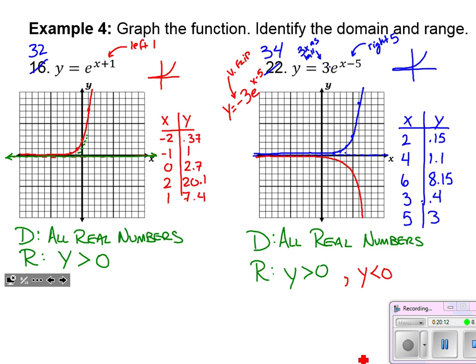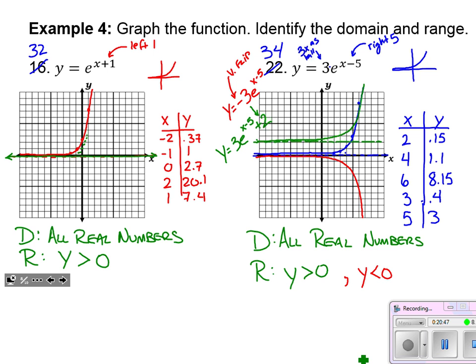We now have all of these heights that are underneath, all the heights that are less than the height of the asymptote. Let's do another one in green over top. What if we had y equals 3e to the x minus 5, and then we, I don't know, added 2 to it afterwards? Well, all that's going to do is take that blue graph, and that plus 2, we've said that means up 2 units. It's going to shift the whole thing, asymptote included, up 2 units. So we would have a graph that looks kind of like this.